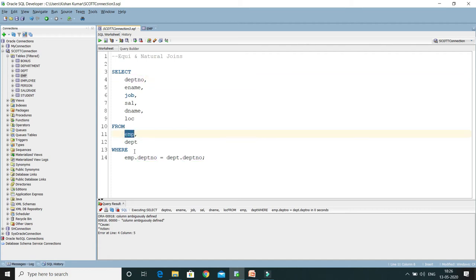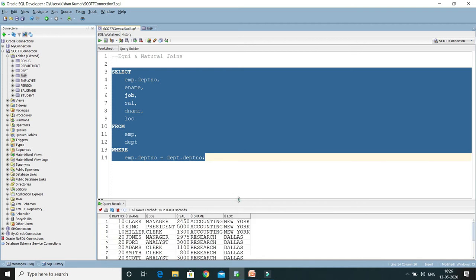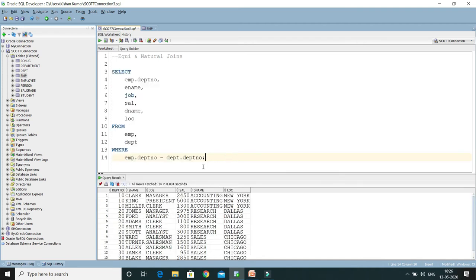So you have to give clear instruction to Oracle by prefixing your table name before your column name. You can access this column using the table name or table alias name, right? So here I have prefixed the table name. Now there is no ambiguity and easily you can fetch the result, right? So this is all about EQ join, where you use the equal to operator for the condition, right?